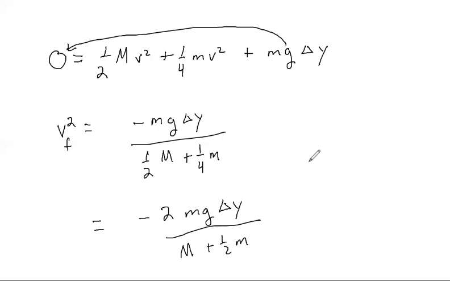Now, this is our formula for the final velocity squared. If we remember our kinematic equations, specifically kinematic equation 3, it says that v final squared equals v initial squared plus 2 times the acceleration times delta y. That applies whenever the acceleration is constant, and in this case, that will be true. So we learn just from pulling out numbers that the acceleration is going to be minus little mg divided by,